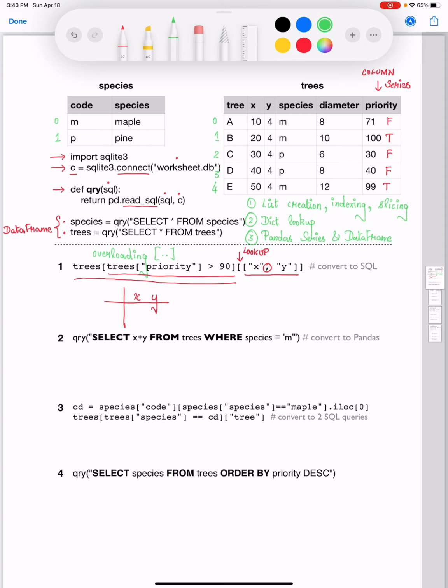For the first row, it is going to be 20 and 4 for X and Y, which is coming from row with index 1 from the trees table. And then for the second row, you're going to get X and Y as 50 and 4, which is going to come from the row with index 4 from the trees table.